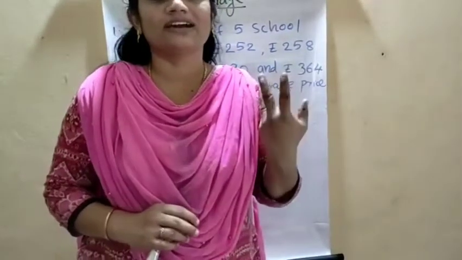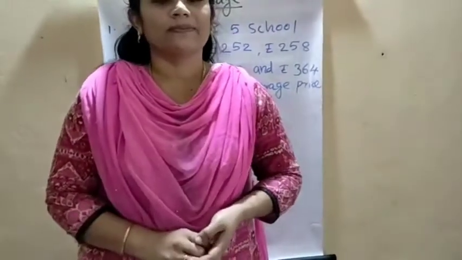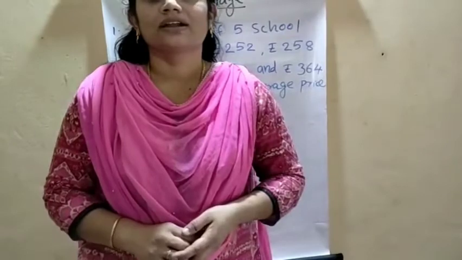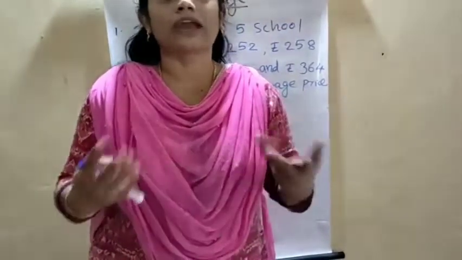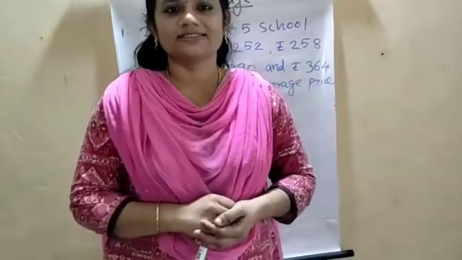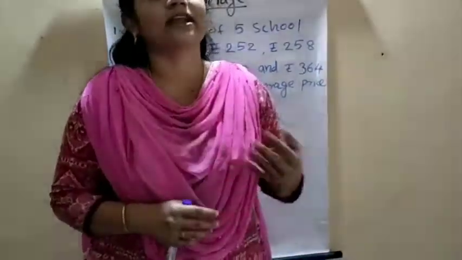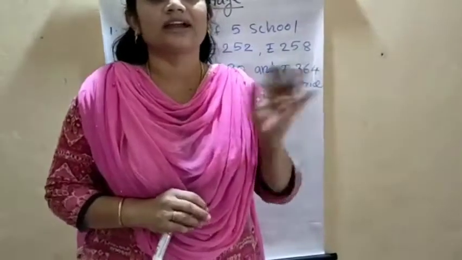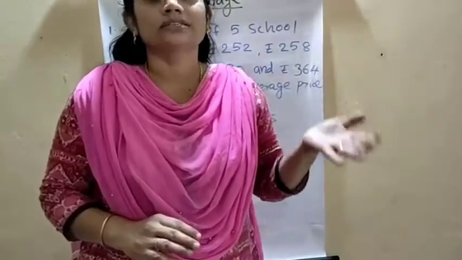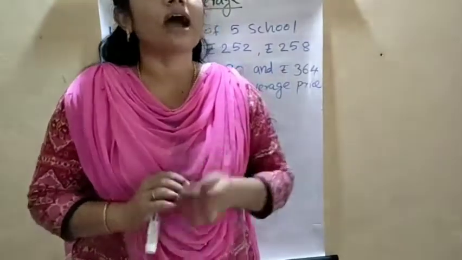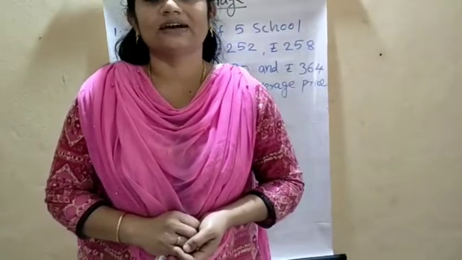Yes, we have discussed what? Second chapter, average. Okay. Then, do you remember what is average? How to calculate the average? Now we are discussing the same chapter, average. The last class we discussed how to calculate the average. Average equal to sum of addends by number of addends. Okay, did you learn that?